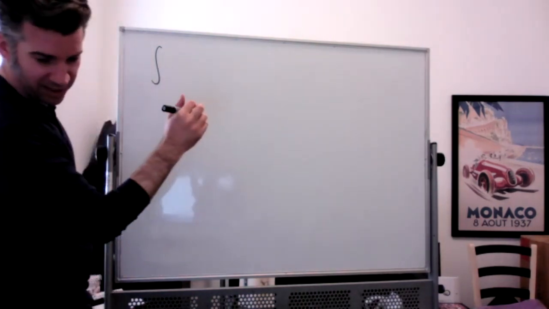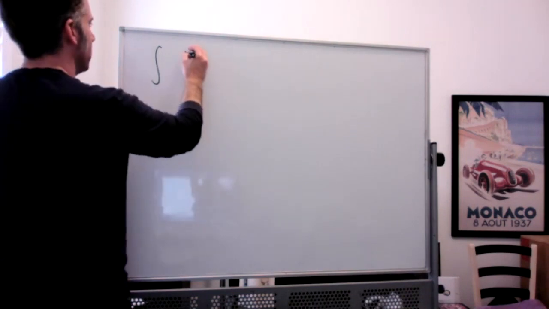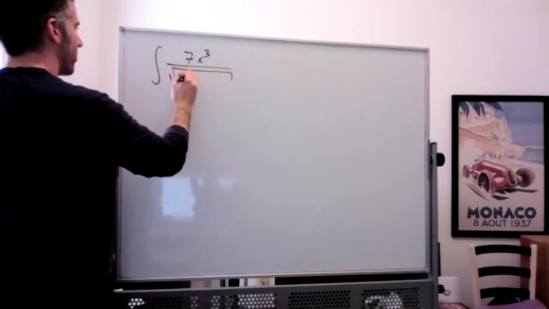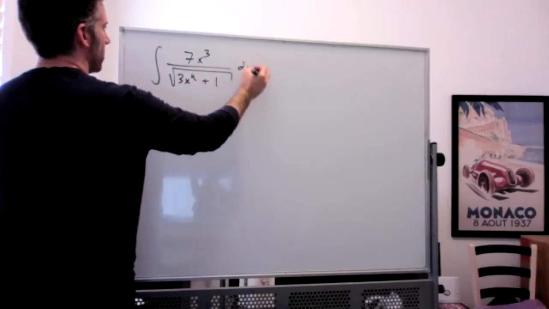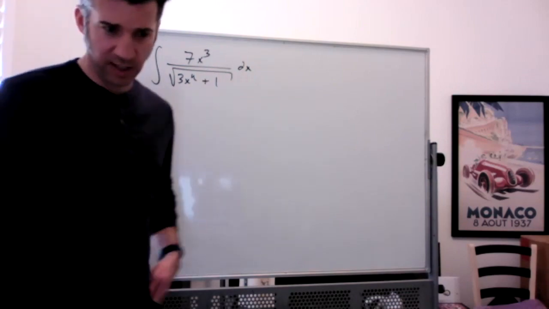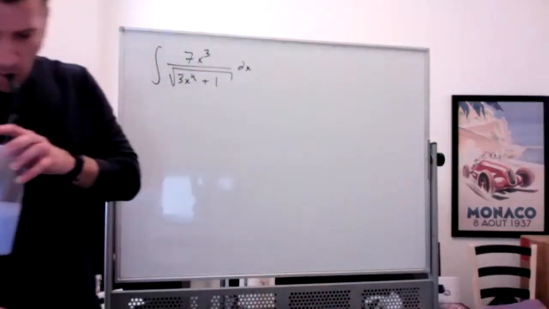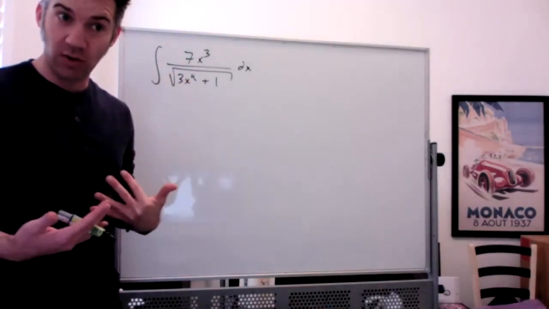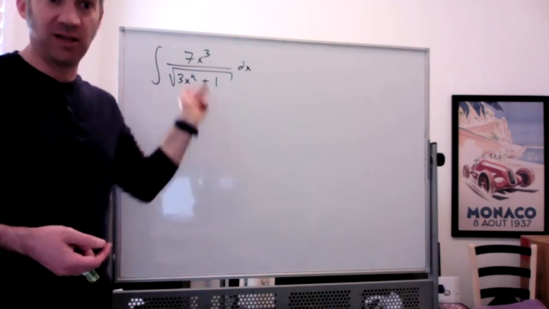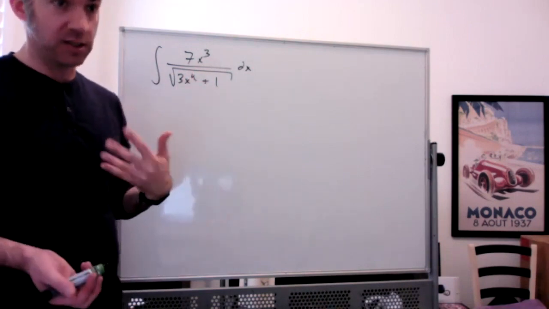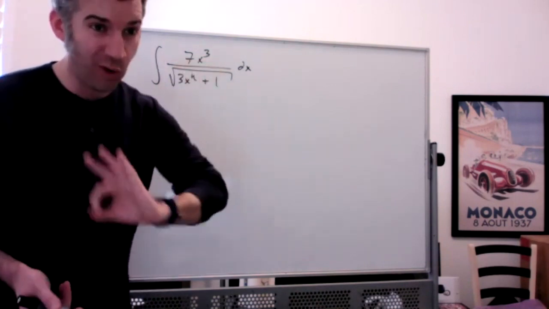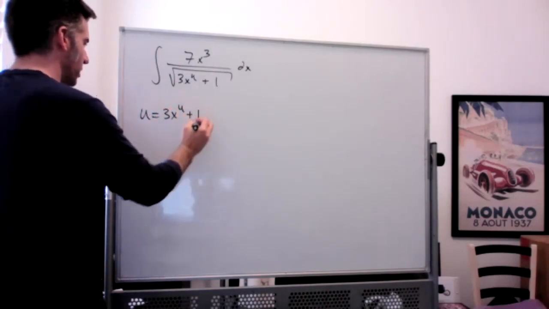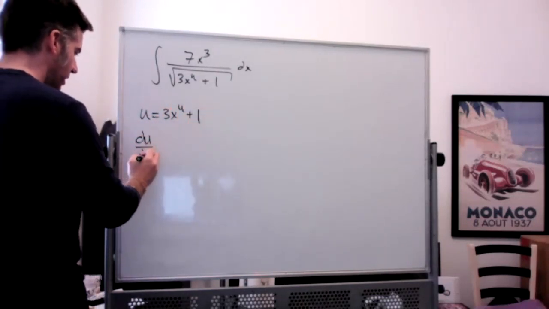So let's look at this one. Let's look at the integral of 7x cubed over the square root of 3x to the 4th plus 1 dx. Some of the numbers in this problem have been changed to protect the innocent. All right, so there's clearly a candidate for u here. It's the thing stuck inside the square root that's in the denominator. And again, for both reasons, right? It's stuck, but more importantly, if you let u equal 3x to the 4th plus 1, the derivative is essentially,